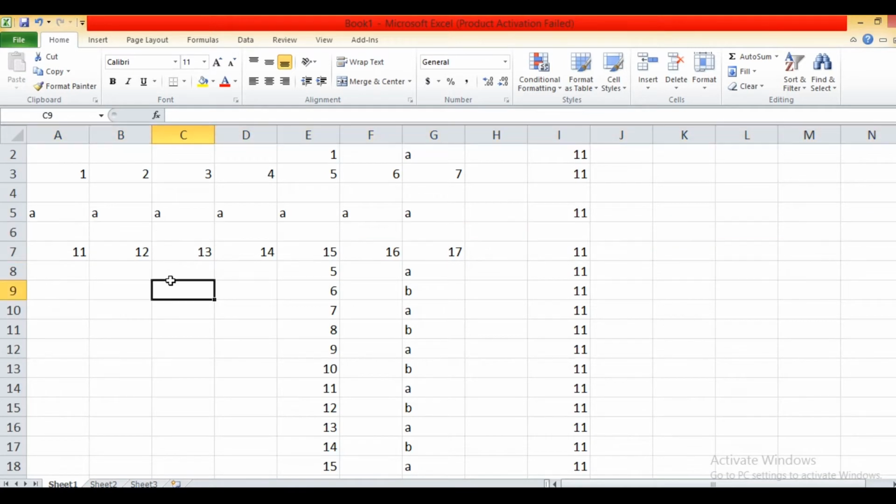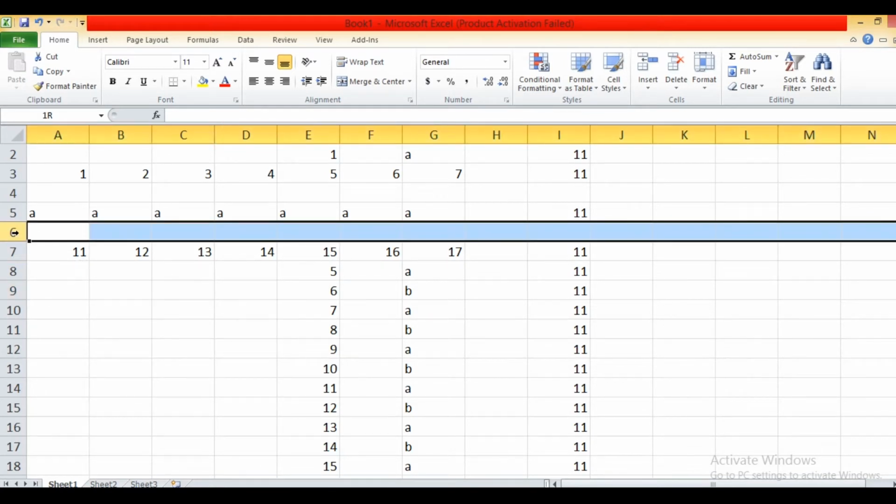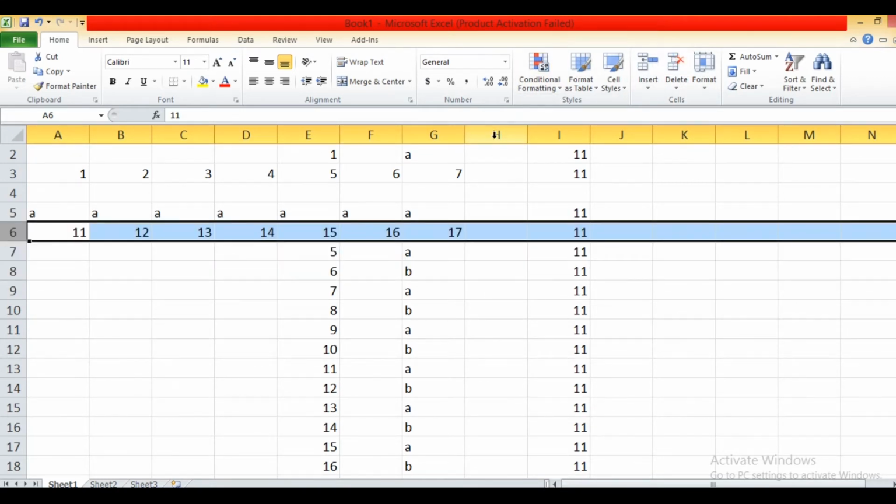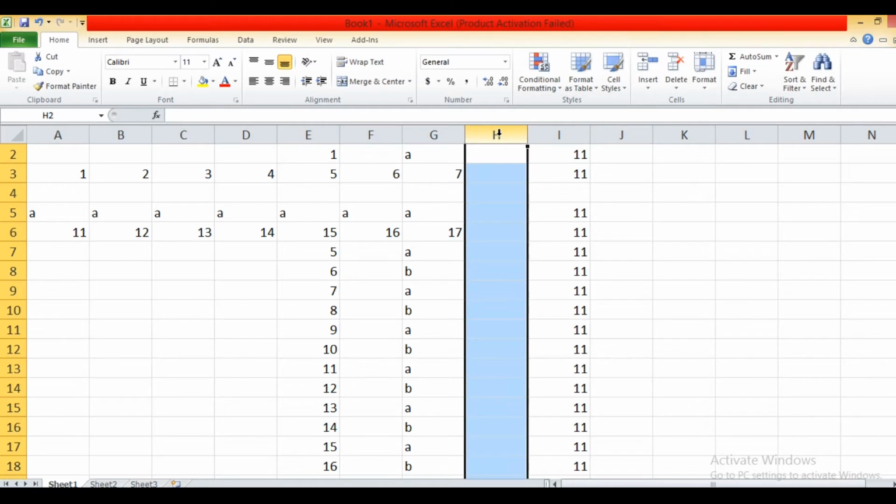Now how to delete a row? In the same way you have to select the row or the column which you want to delete. Click on the Home tab. In the Cells group you have to select the option Delete. That row gets deleted from the sheet. In the same way, if you want to delete a column, click on the column header.